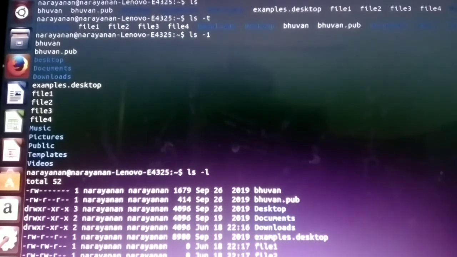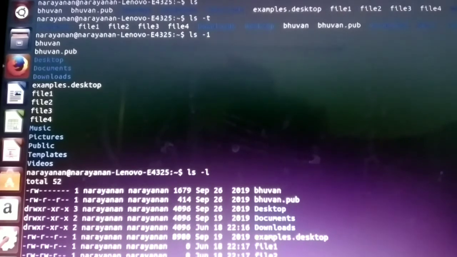This d indicates a directory. Another one is s. If it has s, it indicates a socket file. Another one is l, which is a link file. So four options are available in this first character: hyphen, d, s and l.